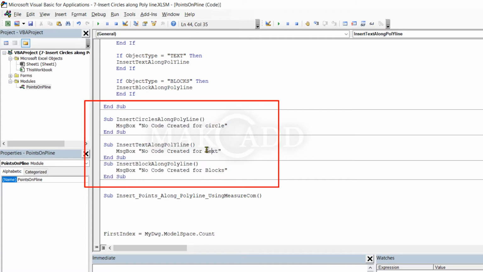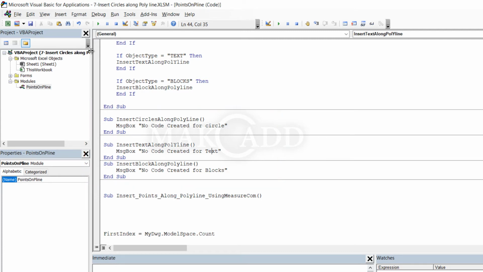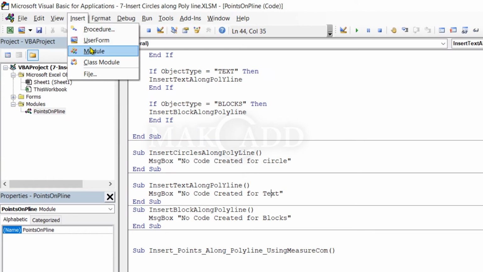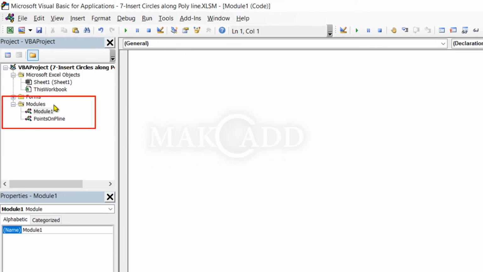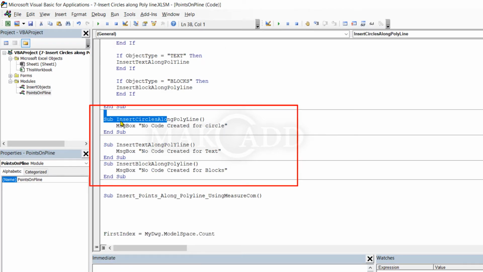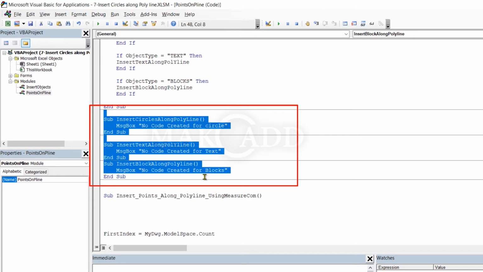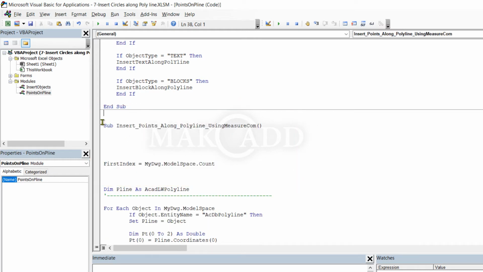So we will move these procedures for object types, circles, text and blocks to a new module. Now insert a new module and rename it to insert objects, and move the dummy procedures we created before for the object types, circles, text and blocks to this new module.